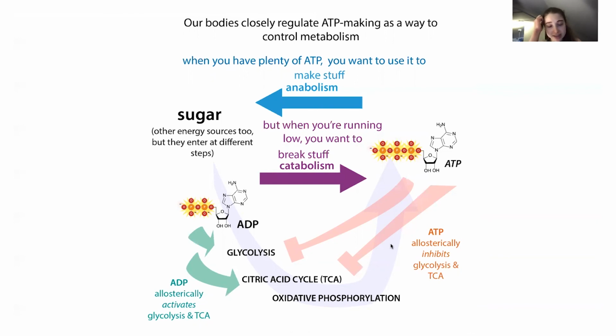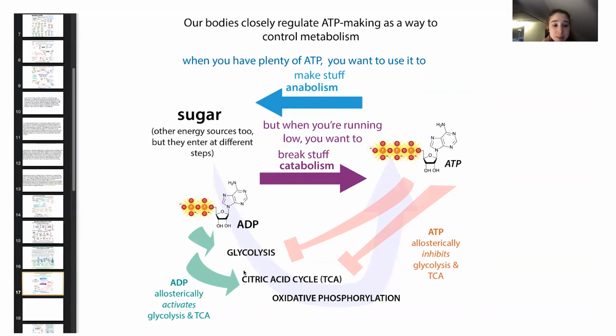So you're going to stop breaking things down, but then you're going to start using up the ATP and getting more ADP. So when you have less ATP, this inhibition is going to be released, because you don't have a bunch of ATP around that's binding, because this binding is reversible. So you relieve this inhibition. Now you have a bunch of ADP, and you want to start breaking things down, which is good because you've relieved this.